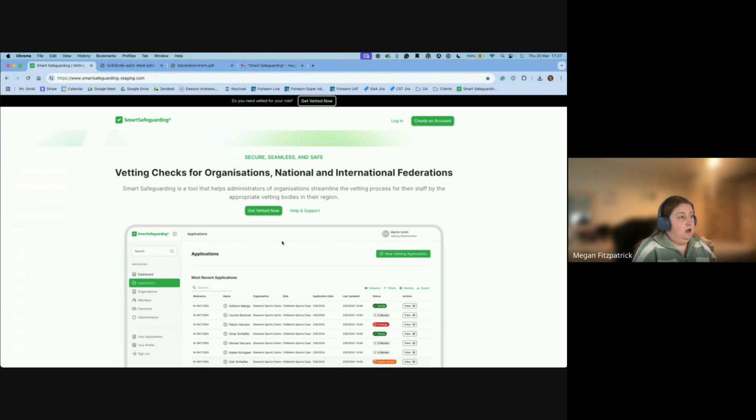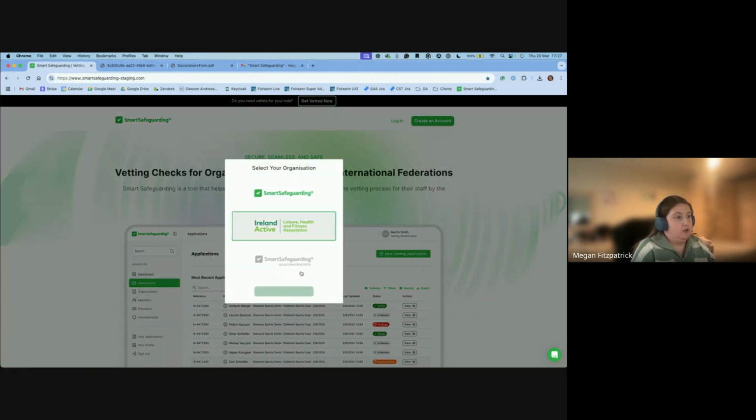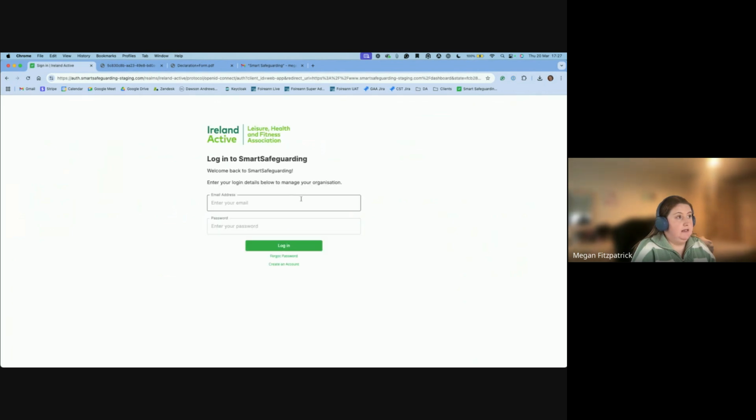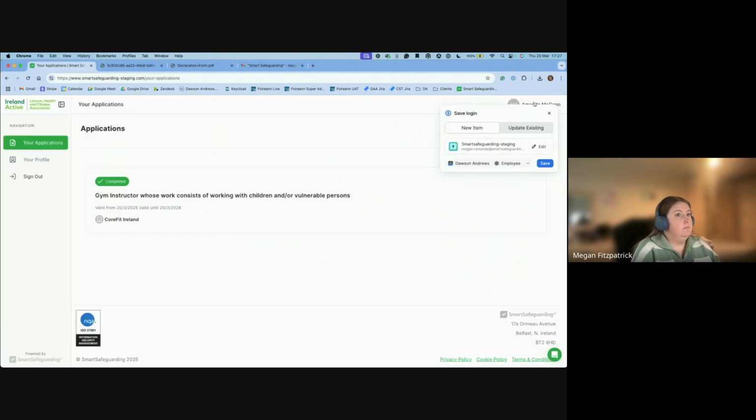So if I was to then log in as the staff member, so if I just log in as Amanda from yesterday, when they log in, they will be able to see that their application is marked as completed, and it is currently valid from today's date until today's date 3 years in the future. So that is that staff member